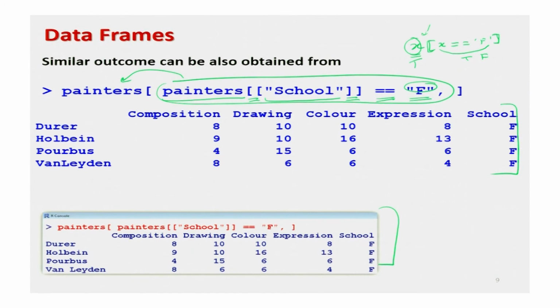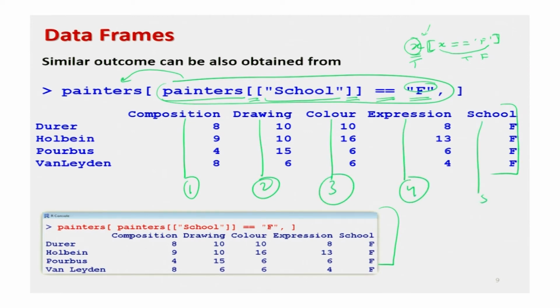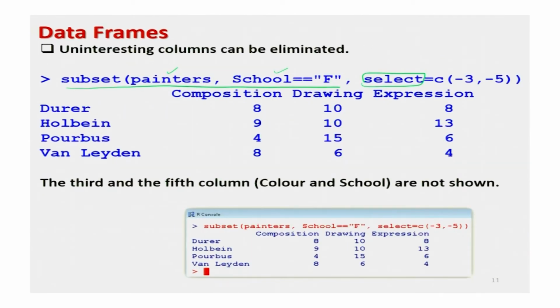So, here you can see this composition is column number 1, drawing is column number 2, color is column number 3, expression is column number 4 and school is column number 5, right. So, what I try to do here, suppose I want to remove or eliminate column number 3 and column number 5. So, under this option select, SELECT all in lowercase equal to, I will write down the